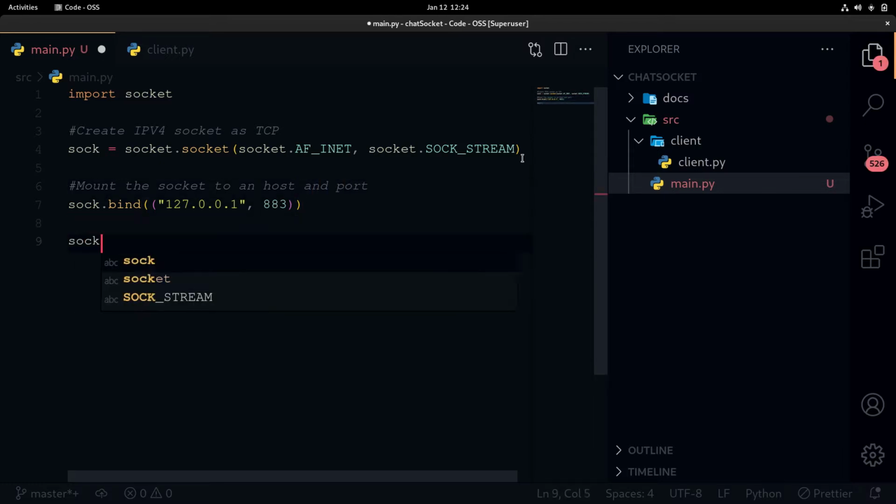The next thing that we have to do is to access the listen method.